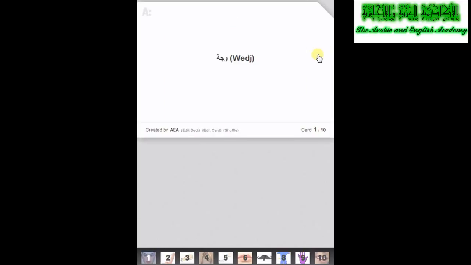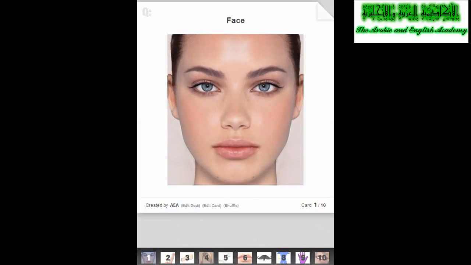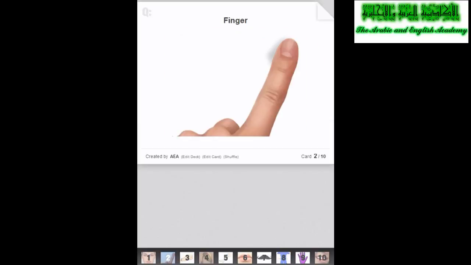face, wajh, face. The second word we have is finger, and finger in Arabic is isba, isba,